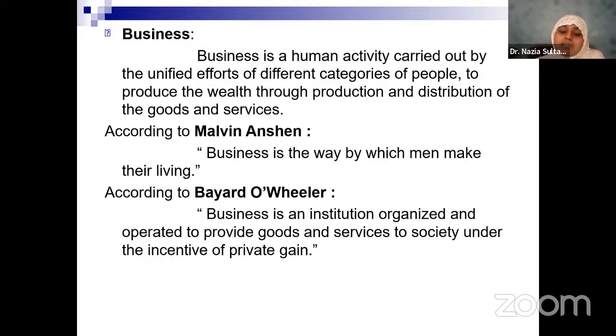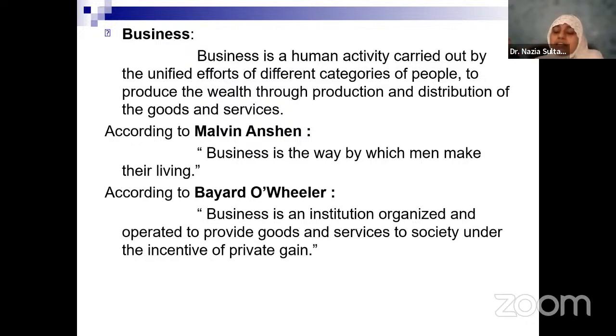Whether the company is engaged in production and distribution of goods, such as refrigerators, cars, soap, shampoos that we use in our daily life, all of these are categorized as goods. Or services, where we talk about banking, insurance, education, research and development, consultancy. All these are services which are offered to the business.